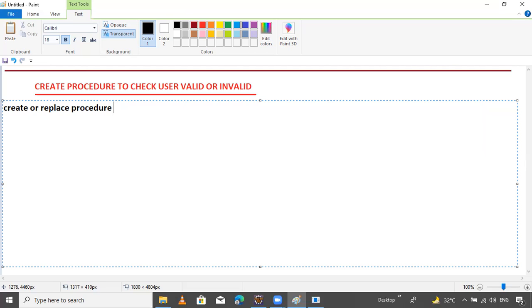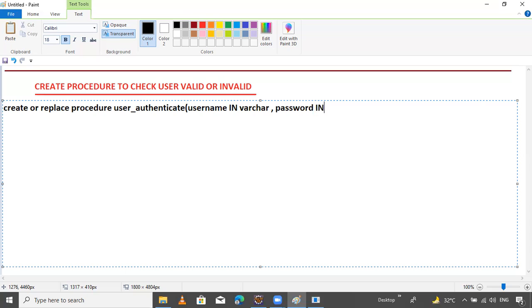Procedure. Suppose user authentication. Okay. Authenticate or authentication. Authenticate. Good. Inside authenticate, I want three things. First is username. Username is the in type. What is the varchar? Varchar or other types, it's not mandatory. Okay, comma. Second is password.